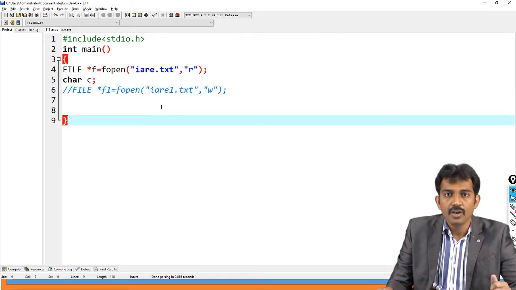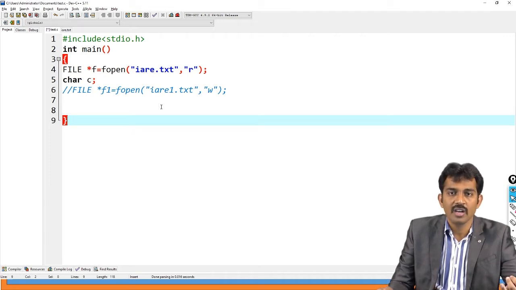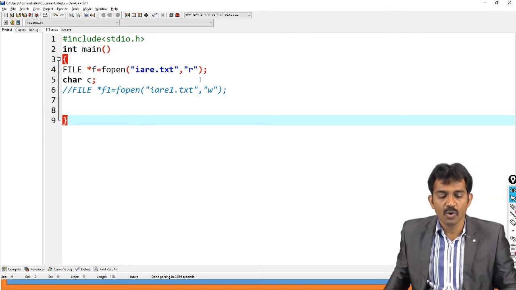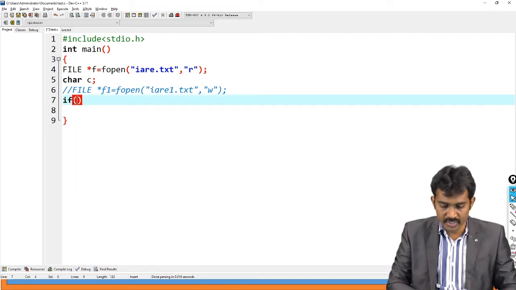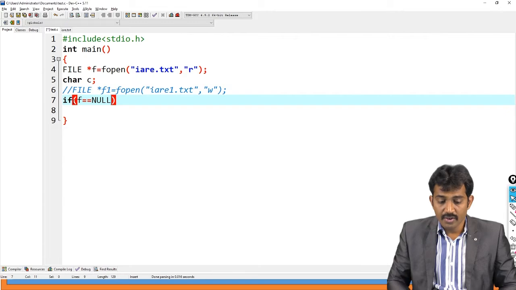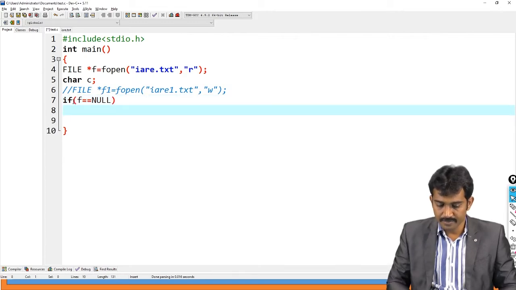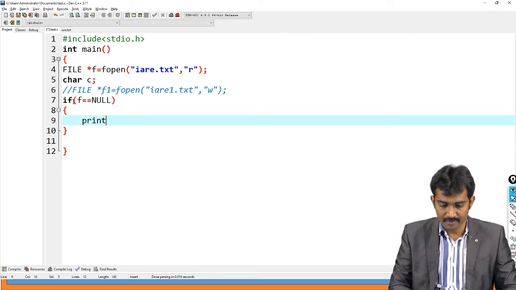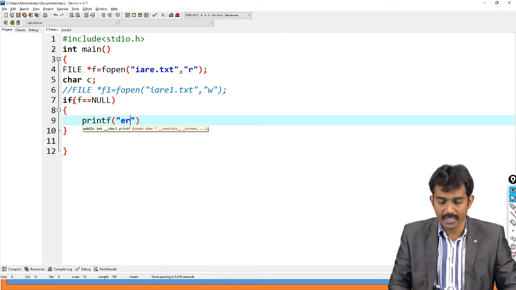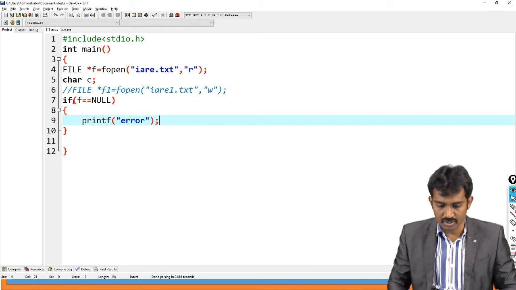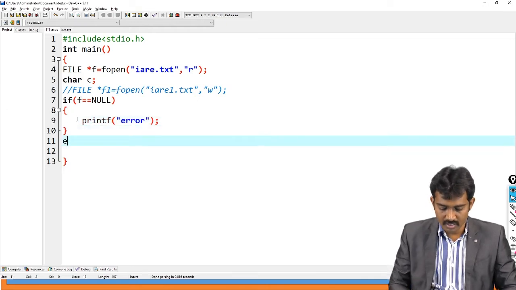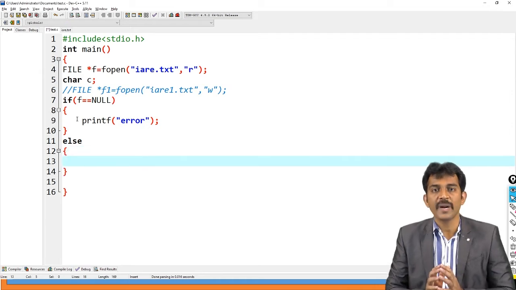Please note here. First, I opened a file in read mode. You know, we already discussed all the modes: read mode, write mode, append mode, right? If you open a file in read mode, there is a possibility to read data from the file. If the file does not exist, it is going to return an error. To check this, you just use f equal to NULL. When f contains NULL, the file is not open, or there is an error, so you just print the error message. That's all. If not, in the other case the file is opened successfully.